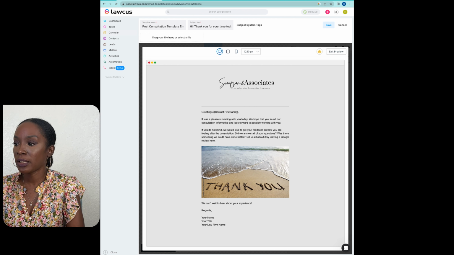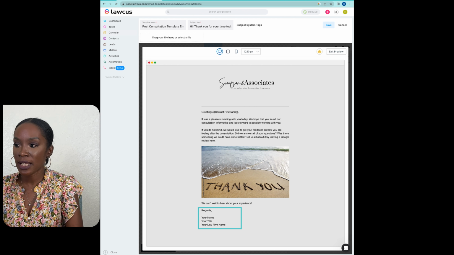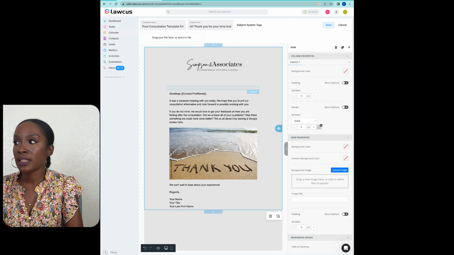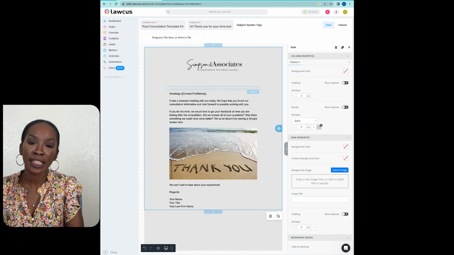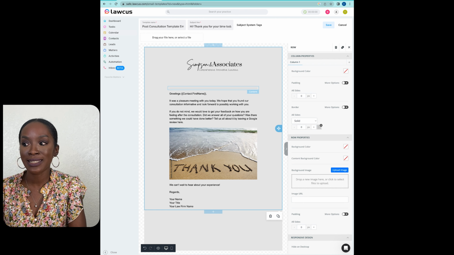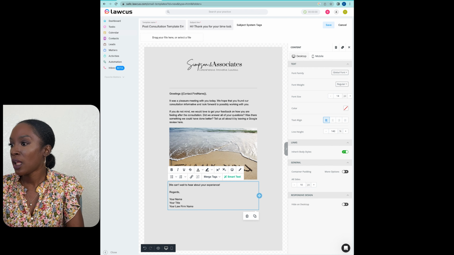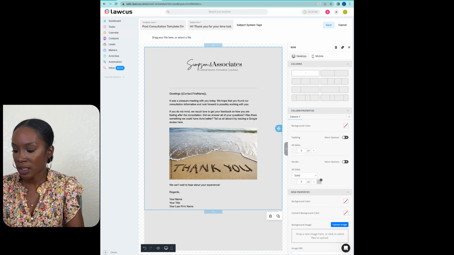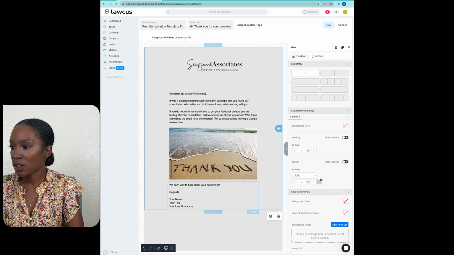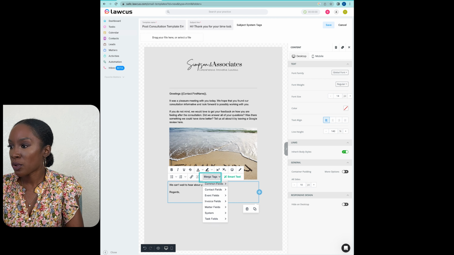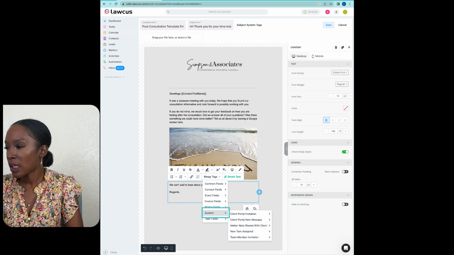So they're going to get this generic email, and then all the information that's down here, you can add it in. Now, if your firm has an email signature already that they utilize, and you as a user have an email signature for your user account within Lawcus, you can always use that email signature instead. You don't have to use what's listed down here. You can actually use your own email signature. So what we can do instead of having this is we can go ahead and take this information down here out at the bottom, and then we can go to merge tags and system, and